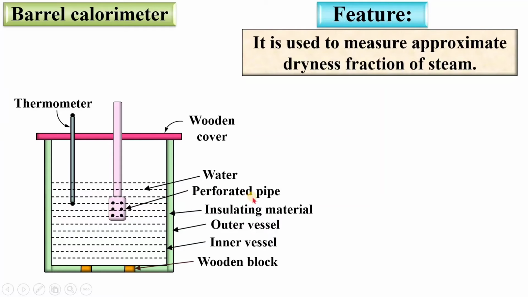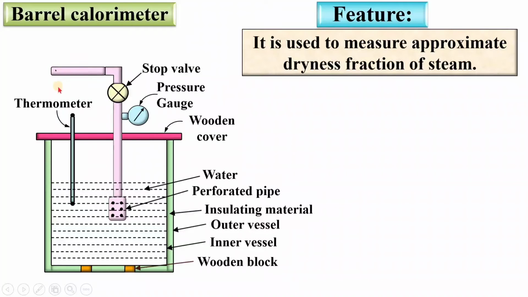So you can say it is a perforated pipe. That means holes are provided, and here a pressure gauge is attached so that you can measure the pressure of the steam. Next, one valve is provided, and with the help of this valve you can control the sample of the steam. So this is the stop valve,